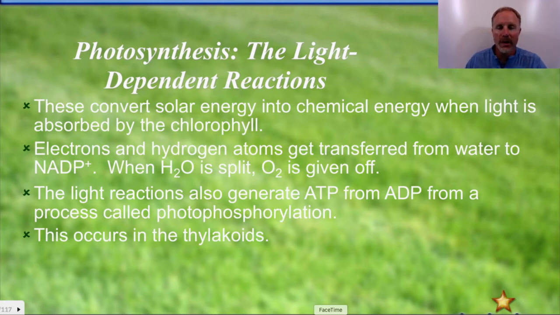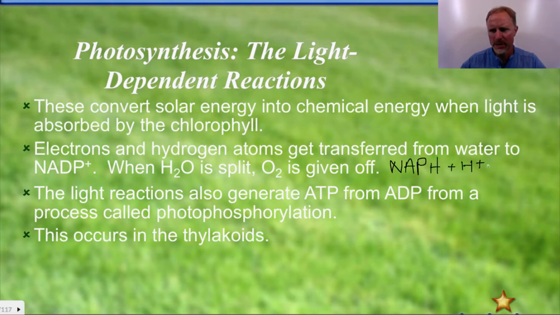So as far as photosynthesis goes, the light-dependent reactions are the ones that are going to convert the solar energy into chemical energy. The chlorophyll is going to help by absorbing the sunlight, and then we're going to transfer that energy, and that process is what's going to be responsible for generating the ATP. The electrons and the hydrogen atoms that get transferred from the water when the water is split to the NADP give us some reducing power. In other words, what we're going to form from the NADP plus is NADPH